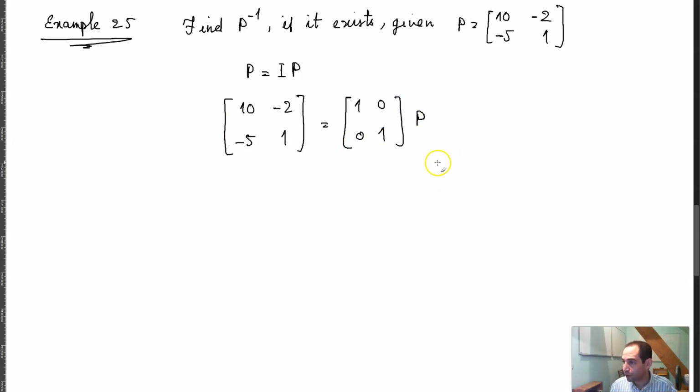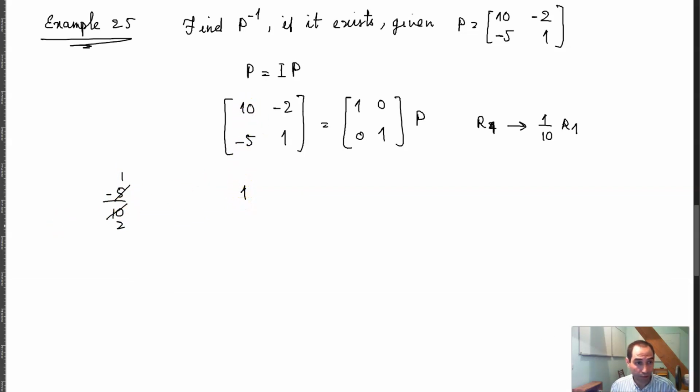And if I apply R1 becomes 1/10 of R1, I will have basically 1/10 of R1 is 1, and